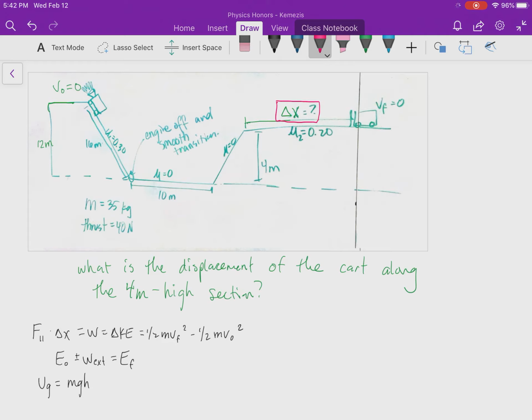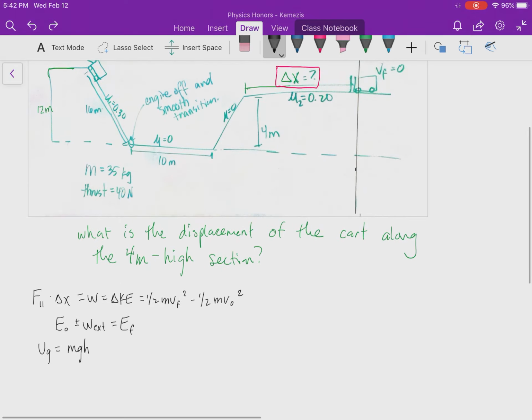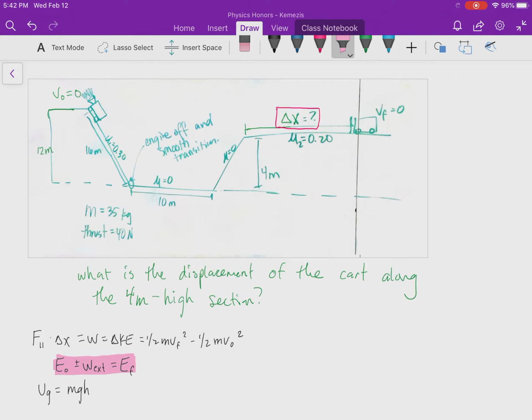So remember, these equations that we have here, these equations, they're coming from forces and kinematics. So we're putting them together and creating these new equations. So if we're interested in this displacement here, we can treat this with our equation that the energy that the system possesses before, at the beginning, so right before this cart's about to go down the ramp, plus or minus any external forces that are not